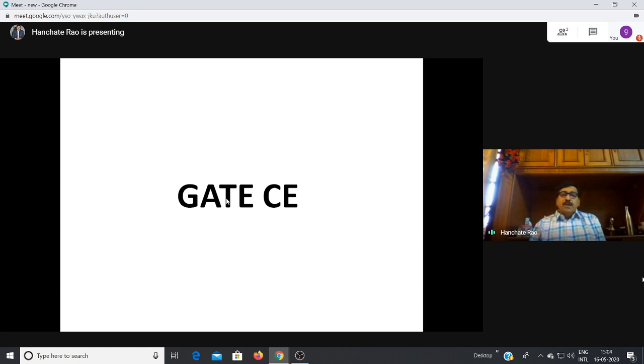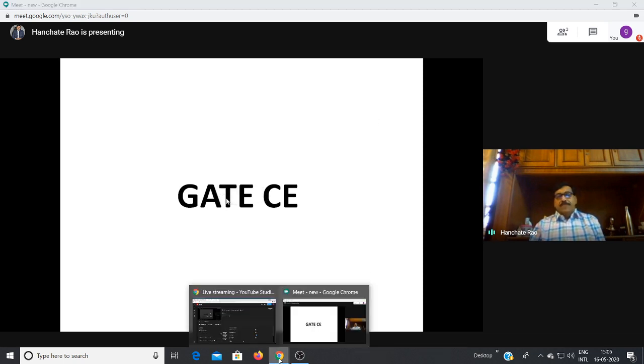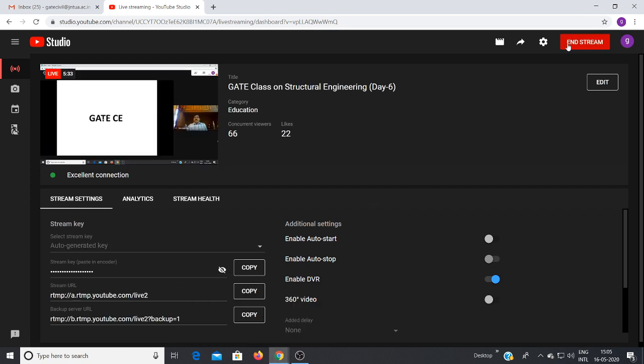The bond between concrete and steel is good. In addition, the coefficient of thermal expansion for concrete and steel is more or less the same. So this will give a lot of